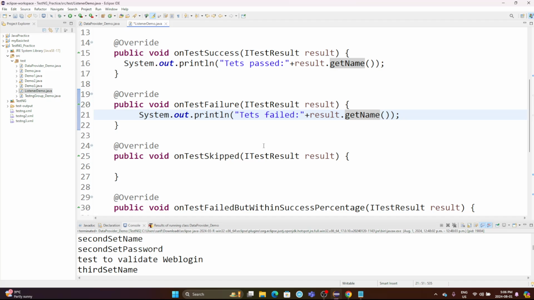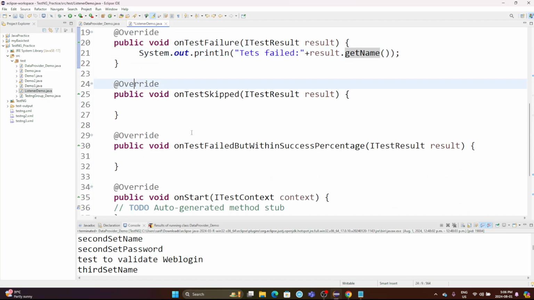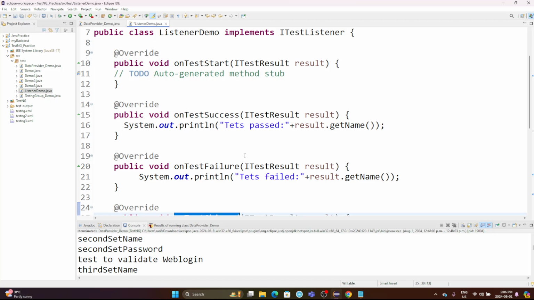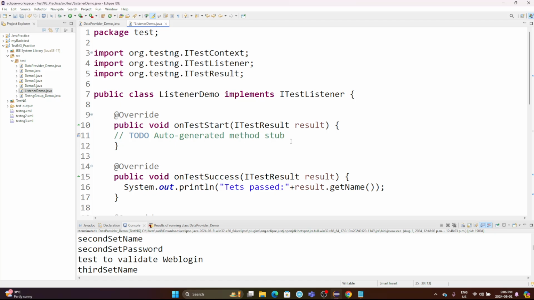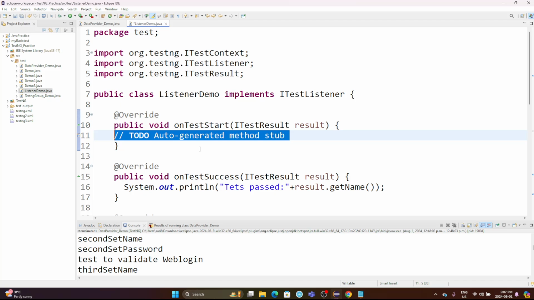And so, whatever method you want to use to track or alert you whether test cases pass or whether test cases fail, it's totally up to you. You can define the body as you want, as you wish. Okay, so same way we can say